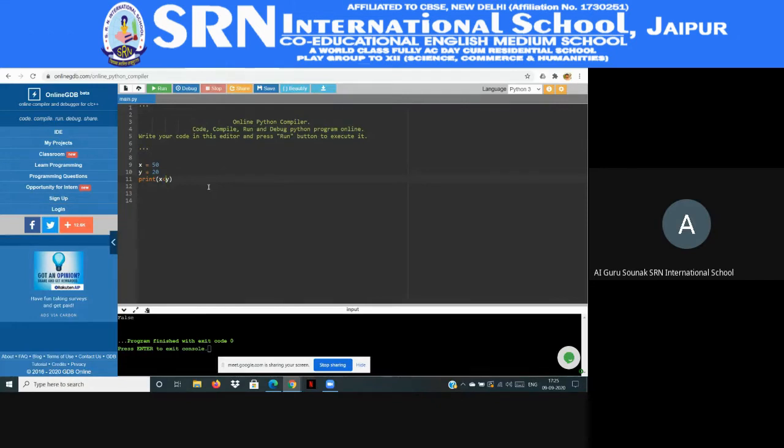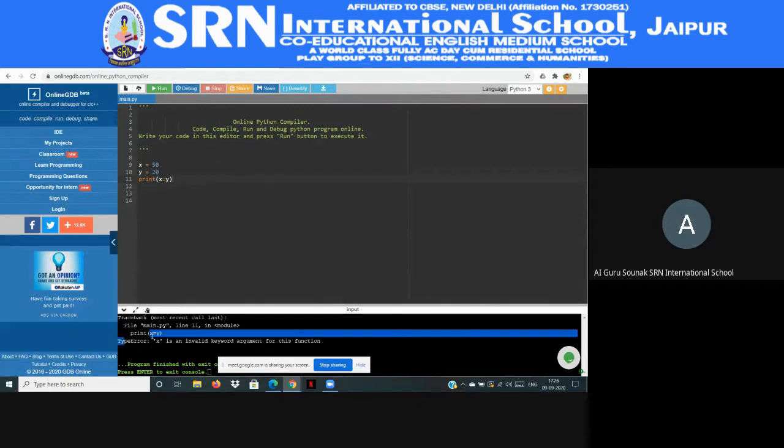One thing. In programming language, when we are checking an equality condition, that means x equal with y, we have to put two equal signs like this. If we give one equal sign, let's see what happens. I am giving one equal sign. See, error, I am getting an error. See this line, I am getting an error: invalid keyword.